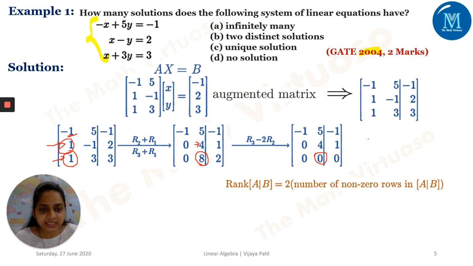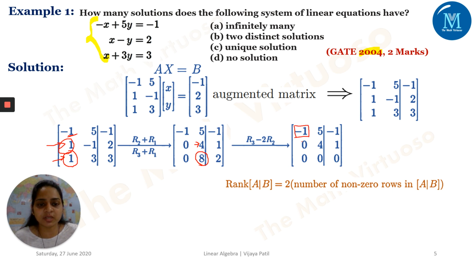So now let us consider this entire matrix as a whole. What is the rank of this matrix? Now this matrix is in echelon form. What do you mean by echelon form? Okay, let me explain. Don't think about this standing line; consider this as a whole matrix A, B, that is a matrix of order 3 cross 3. Now in this 3 cross 3 matrix, I am saying that it's in echelon form.